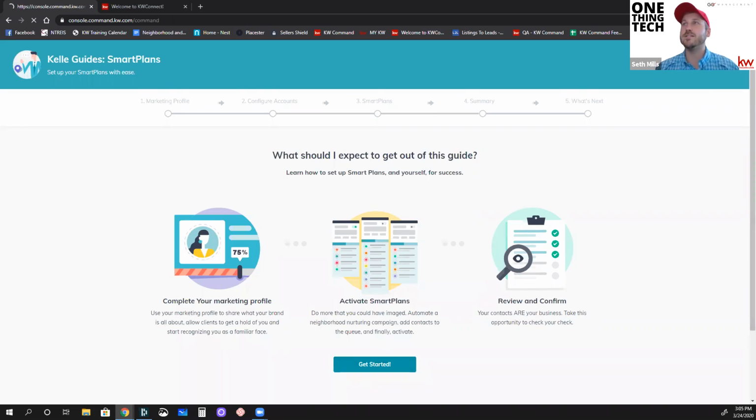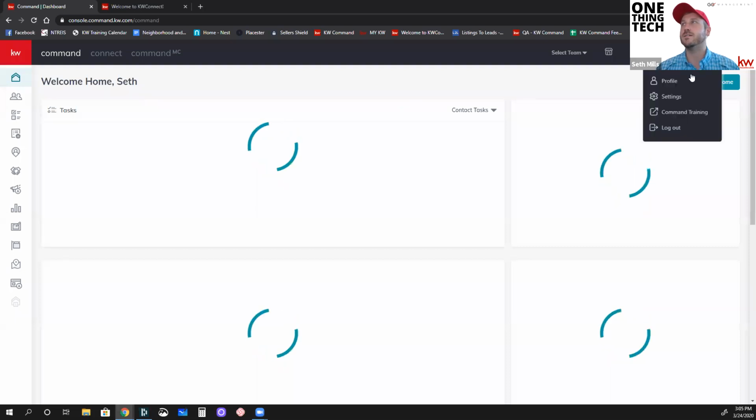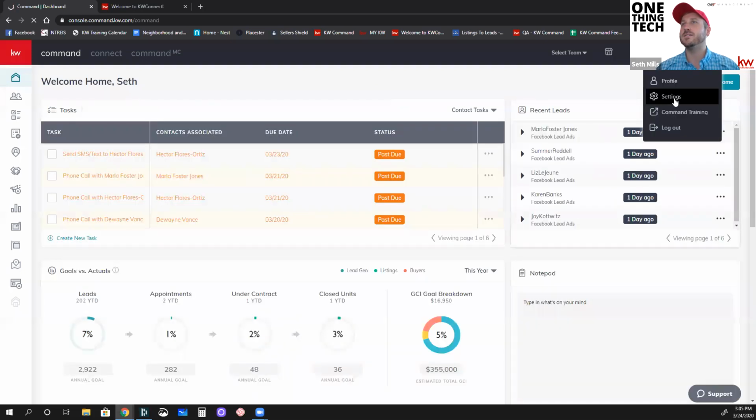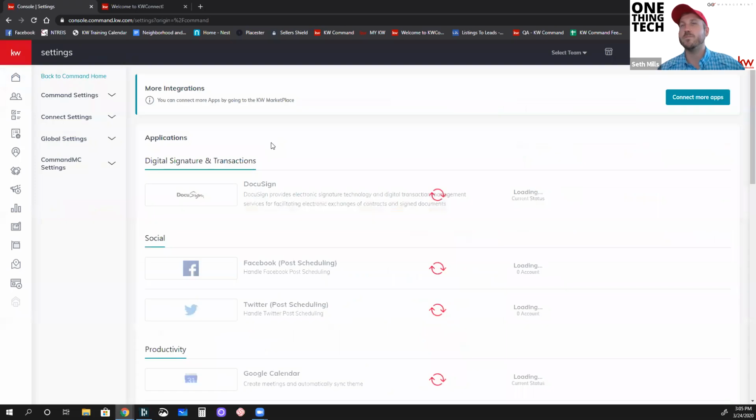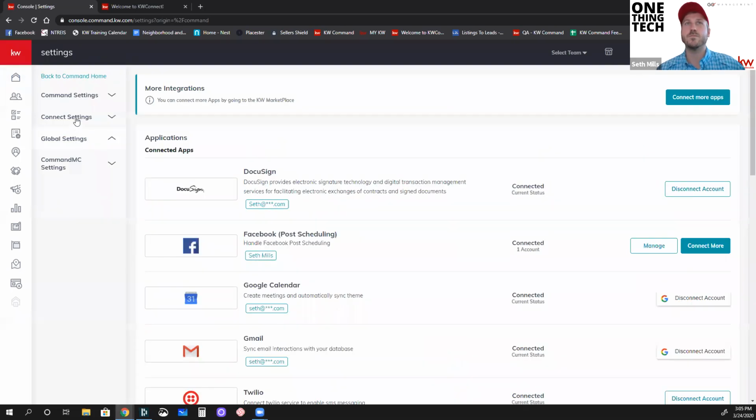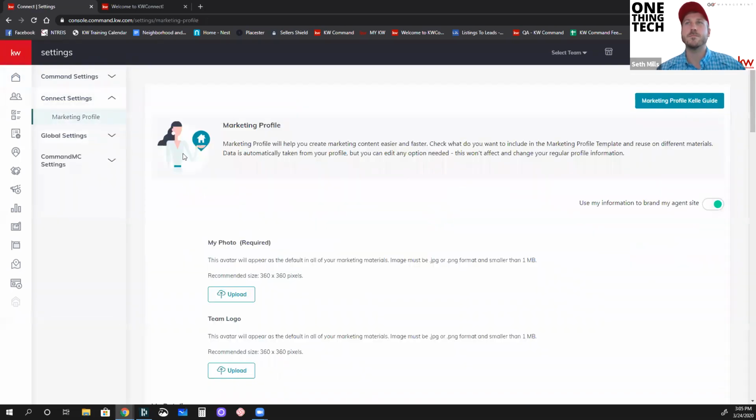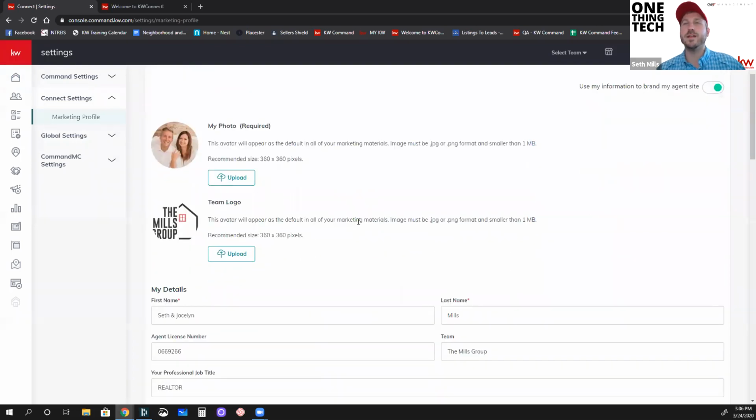If we exit out of this, it's going to take us right back. We'll go back into settings. Now, in the marketing profile, what I would like to cover specifically are these two photos right here, your photo and your team logo. Most of the images that we would drop in here are not formatted properly. Whether they're not formatted for a circle or they're not formatted as a square, maybe they're just the wrong size, or